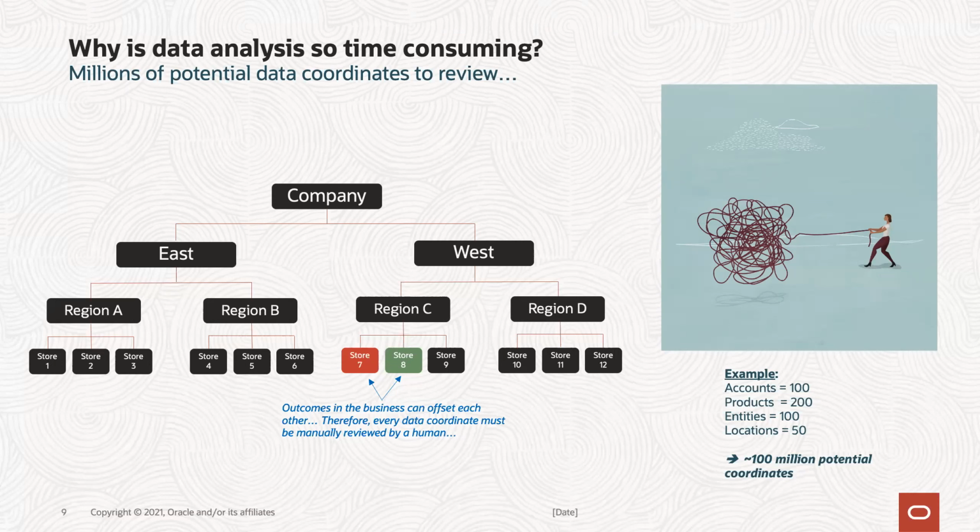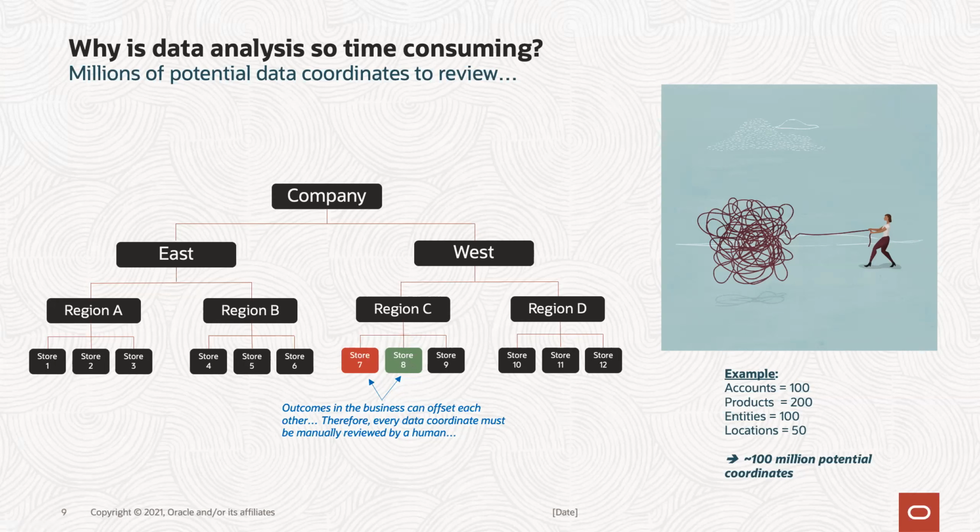So in this example, you can see here, if you were to look at the total company, maybe everything looks good, everything's on target for your forecast or budget. Maybe looking at total West, everything looks good. Maybe even looking down at Region C, everything looks good. But underneath the covers, if you're a retail business, maybe in this example, one store could be knocking it out of the park, and the other store is offsetting that and doing really poorly.